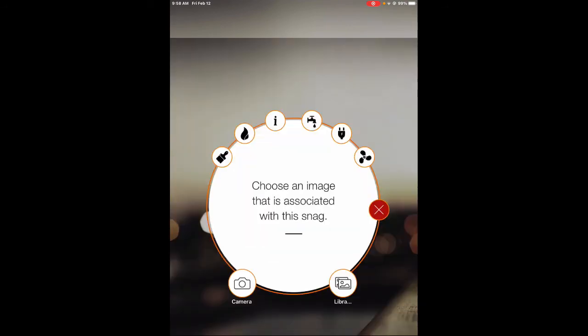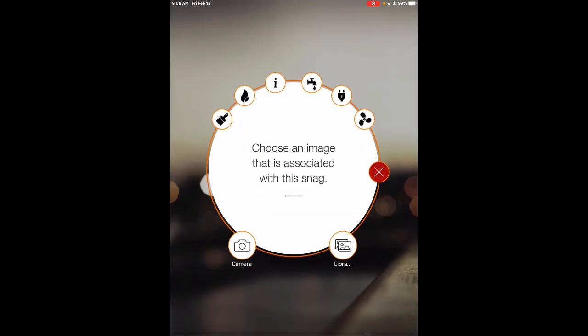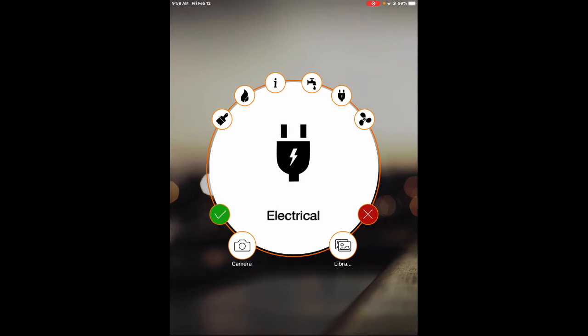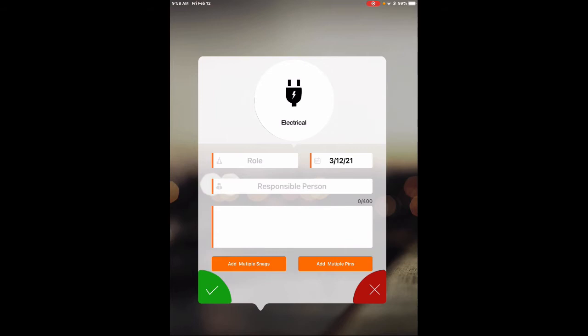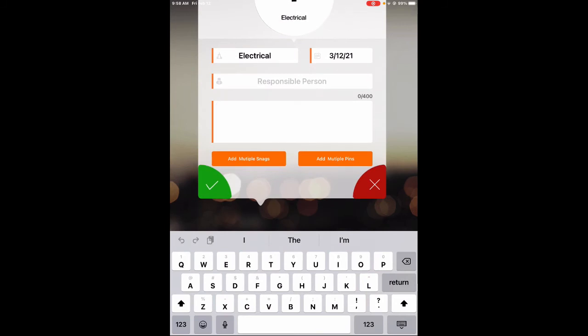I will select either an image or one of these icons at the top. Let's say that I want plug sockets installed. I can simply select the electrical icon at the top. I select the green tick, and now I can select the role, and then I can say install additional outlets. And now what I'm going to do is I'm going to select the Add Multiple Pins button on